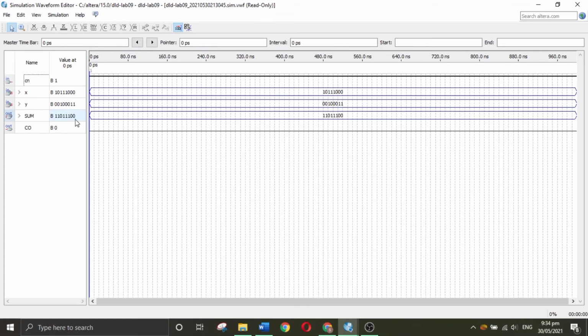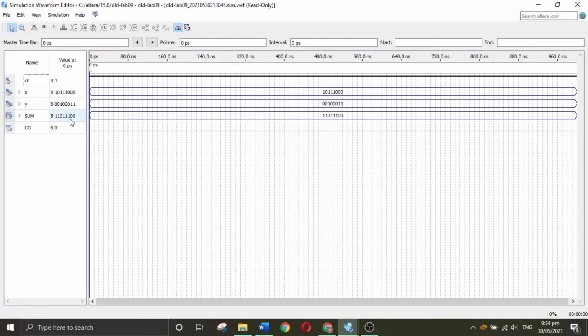So after summing this circuit, you can see that 0 plus 1 equals 1 will be added here, and after that 1 plus 1 equals 0, and there comes a carry out of 1, which will be added to this, and then it will again be 0. Then 1 plus 0 plus 0, means that the carry output 1 will appear as the third carry, and then it will add it to